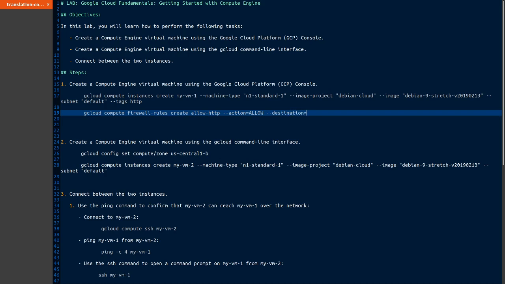destination will be ingress, okay, and rules would be HTTP port 80, and target tags would be what tag did we call it? HTTP. Okay, so those two rules, the first one will create a VM with the name my VM1 as seen